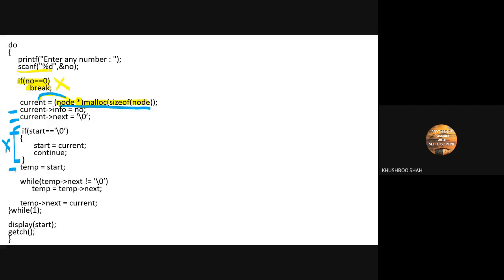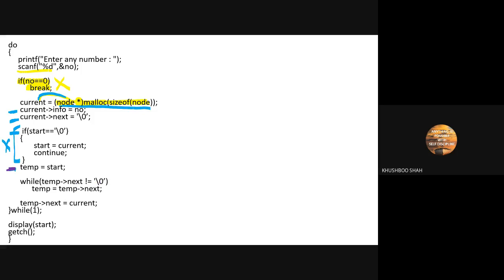Okay. So temp is equal to start. Done. Now another loop. Inside the do while we have one more loop, a while. See it carefully. While temp's next is not equal to null.